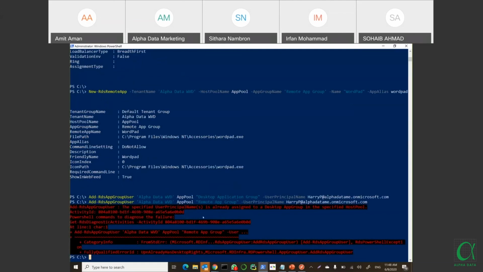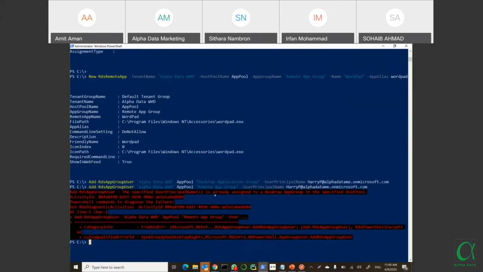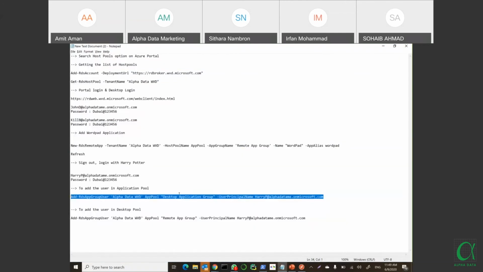Okay, so this says the specified user principal is already assigned to the desktop app. Okay, so there is some different name. Okay, so this is the application pool.